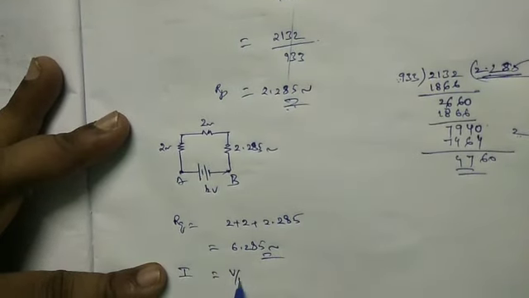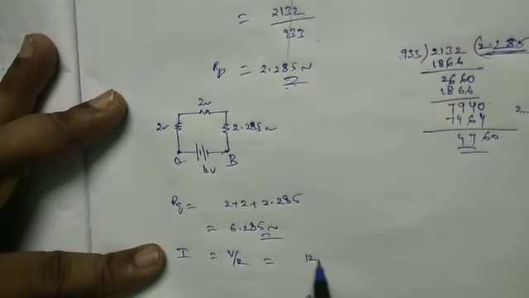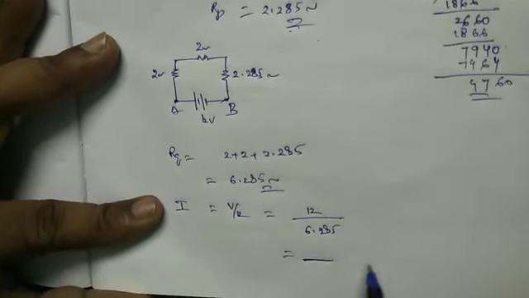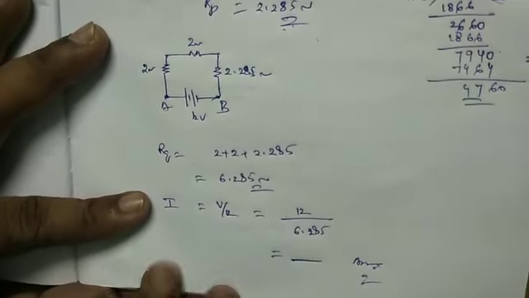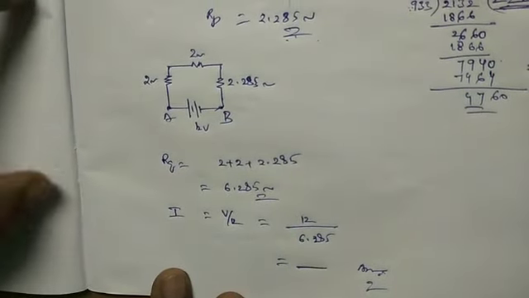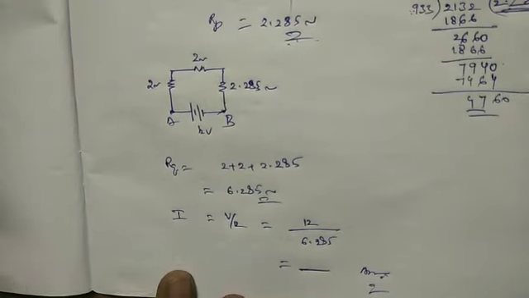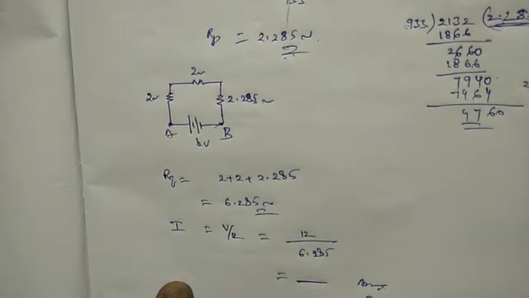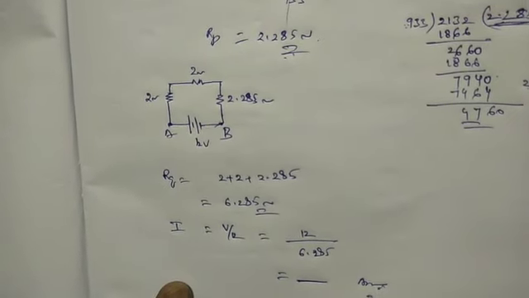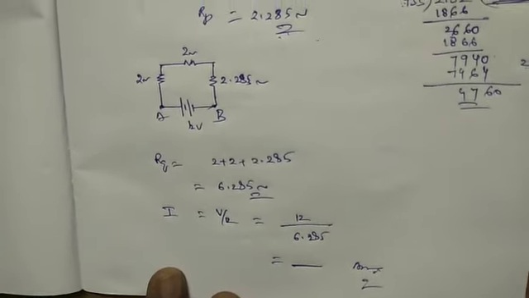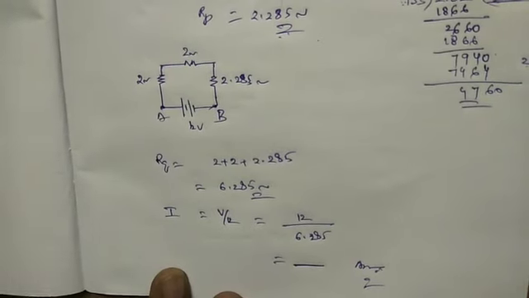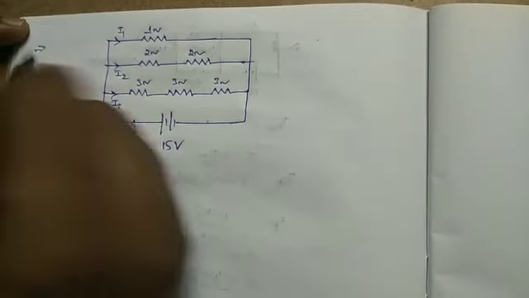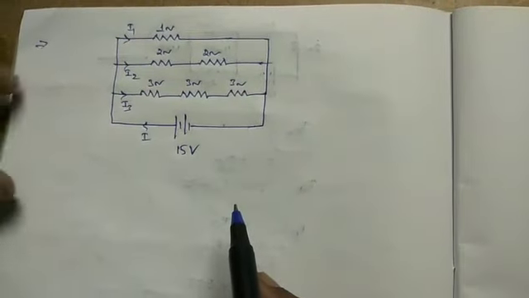Now what is I? I is equal to V by R, that means 12 divided by 6.285. You can calculate the I value and give the answer. Clear? So these are the circuits. How can we resolve from the left to right side, or right to left side, or the middle of any circuit? Let us see how we can find the individual currents and individual voltages in the parallel and series circuit. See here, this is the new circuit, so from this circuit we have to find the